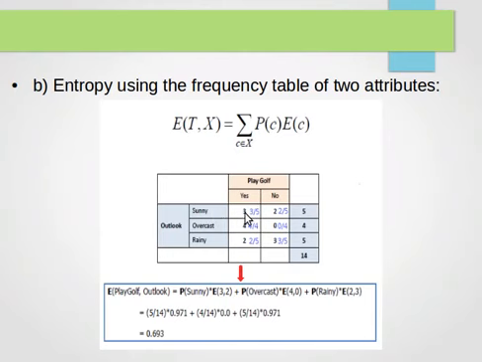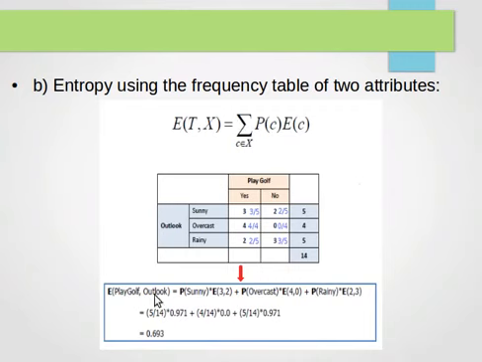So for sunny, when the class is yes, the probability is 3 over 5, where 5 is the sum of the row, and when the class is no, the probability is 2 over 5. Likewise for overcast, 4 over 4, 0 over 4. Remember the zero frequency problem from the Bayesian classifier. For rainy, when the class is yes, it is 2 over 5, and when the class is no, it is 3 over 5. And these must sum up to 14, as you can see here, the number of instances. Now what we do is we compute the entropy